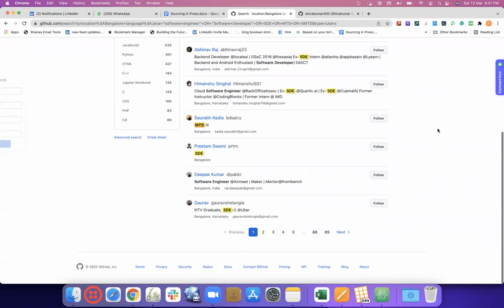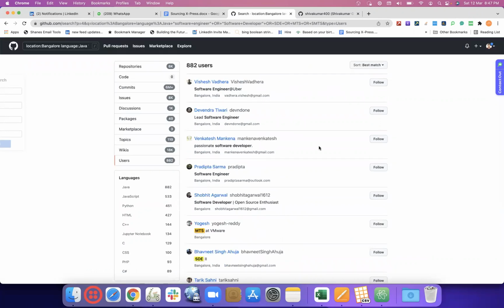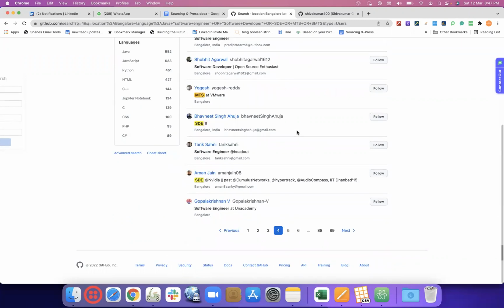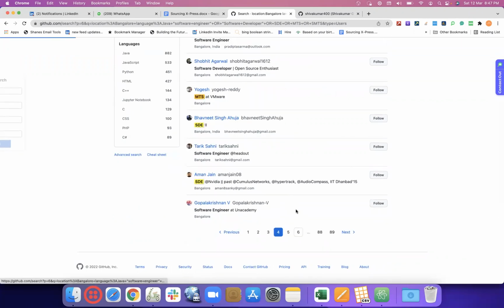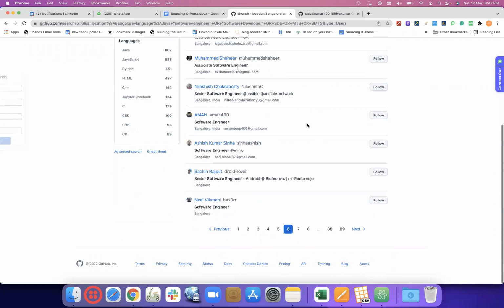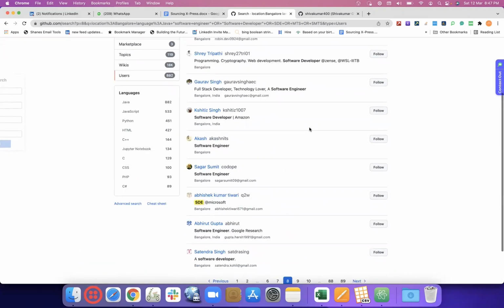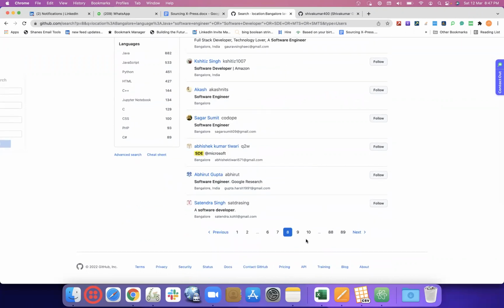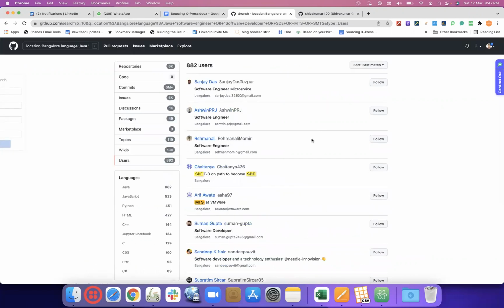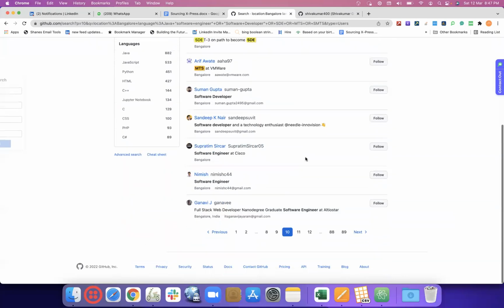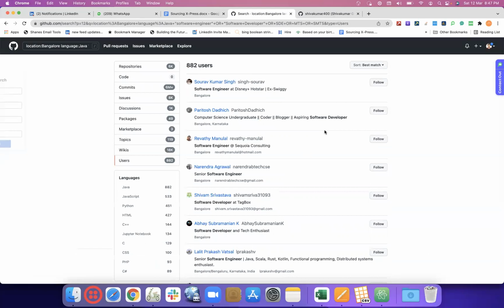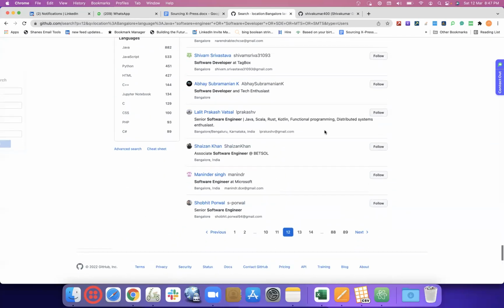It could be from anywhere on the entire GitHub page. Let's see if we are able to get such examples, someone who has not mentioned software engineer or software developer, but still we are able to see those results. Anyway, most of them have mentioned it, but there might be one or two results who would not have.